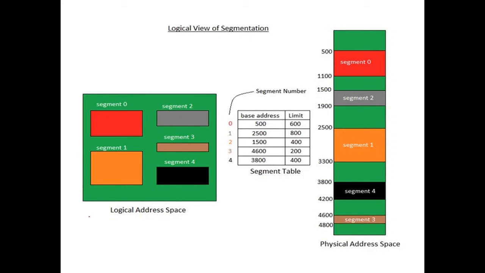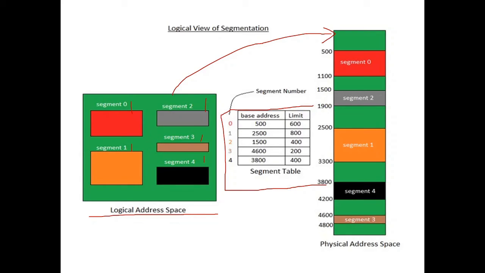Now in this example, you can see this is a logical address space, and here you can find the segments. The process is divided into segments 0, 1, 2 and 3. So these all segments belong to one process. Now this process has to be executed, and it can be placed anywhere in the physical memory. But where are those placed in the physical memory? Wherever there is memory available and that segment fits, it is taken for execution. To understand where these segments are placed, a segment table is needed.